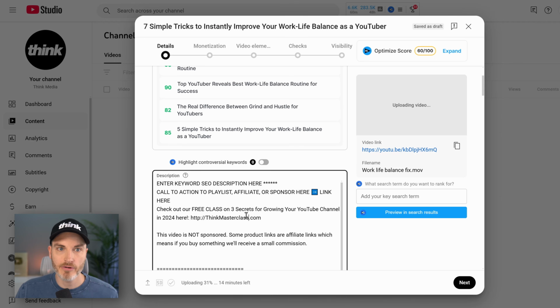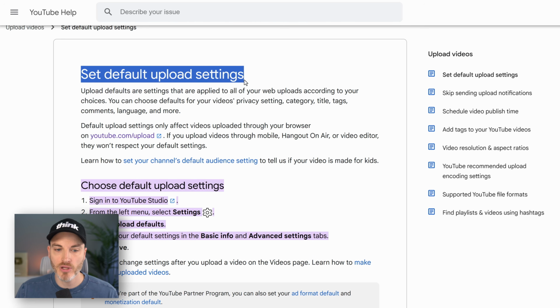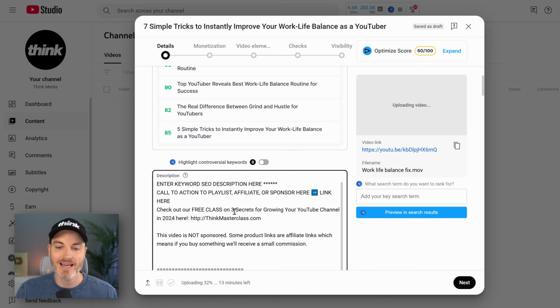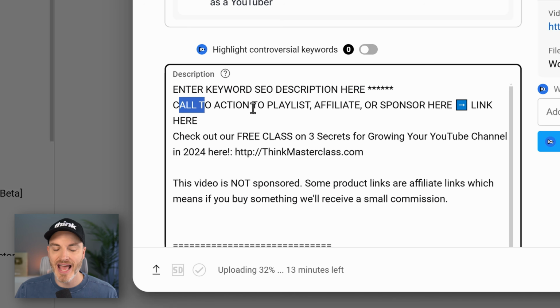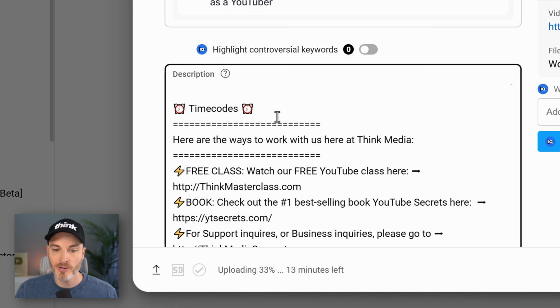Next up is our description. And you'll see this is actually already filled out for me because one of the things I've done is I have set default upload settings. When it comes to filling out your description, it's nice to have a lot of the heavy lifting or the skeleton already there. So you'll notice I have some prompts for myself. Enter a keyword SEO description, a call to action to a playlist, affiliate link, or sponsor here with the link. And then I've got a couple of my default links, some of my social media,